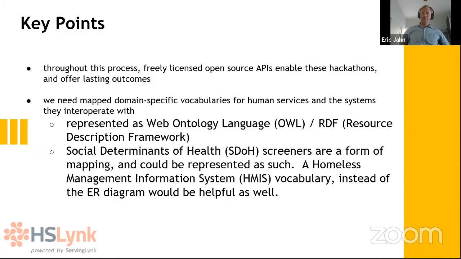Social determinants of health could be mapped using those standards, and HMIS, the Homeless Management Information System standard, could be defined in that standard. It isn't yet. NEAM isn't yet. They're moving there, but we're trying to figure out how to get there as fast as possible. Once we've got everything on the same plane as far as the representation of entities in a model, in a vocabulary, we can do a lot. People can really go to town because that's exactly what these standards are made for, is mapping and linking things together that may not be obvious how to do otherwise.